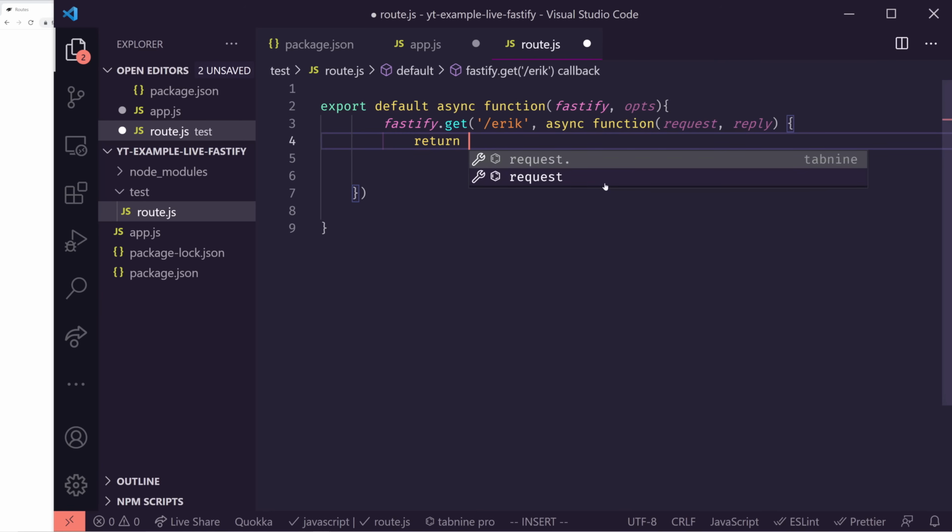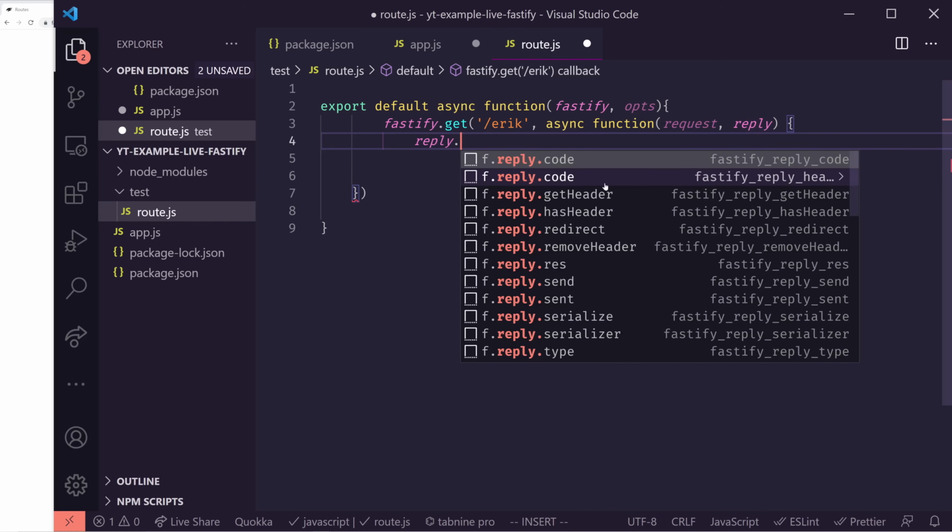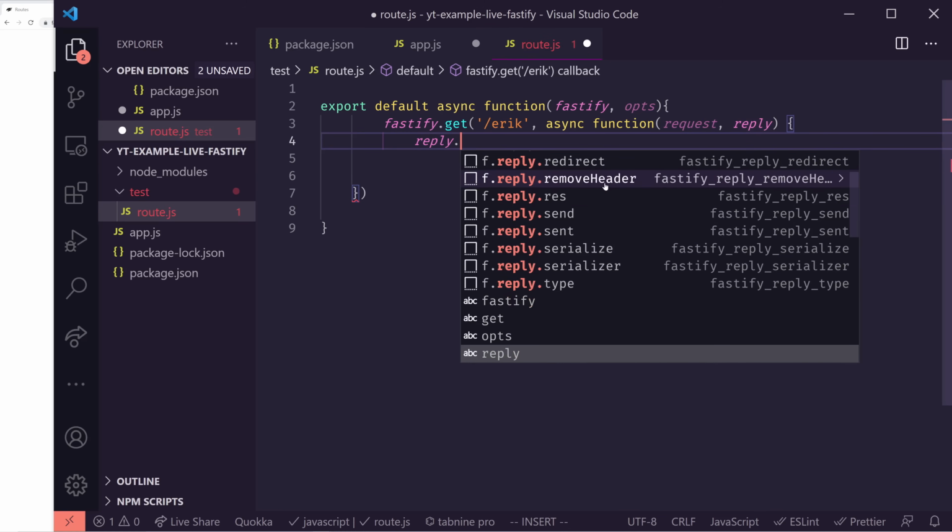So by the way, when we're returning it, it automatically adds in a 200 as a normal request, but we can kind of do it the Express way too if we wanted to. Instead of just returning a string or an object, if it sees an object, it'll automatically return the type as application JSON, which is really cool. But we could just do reply dot,